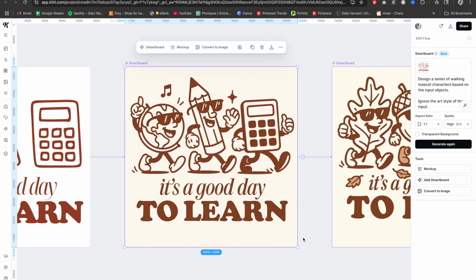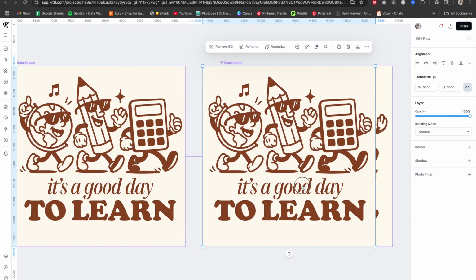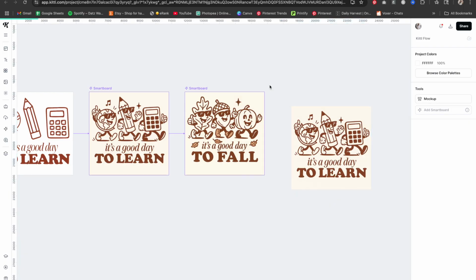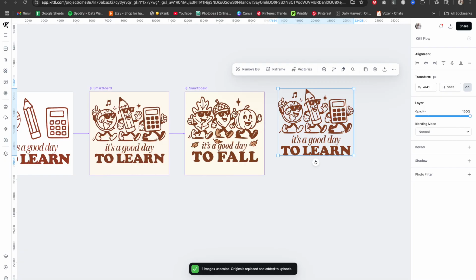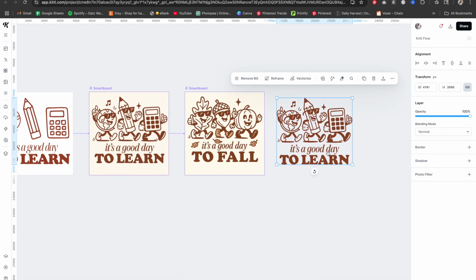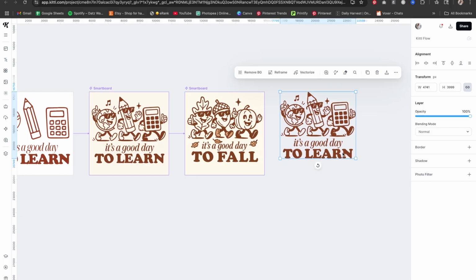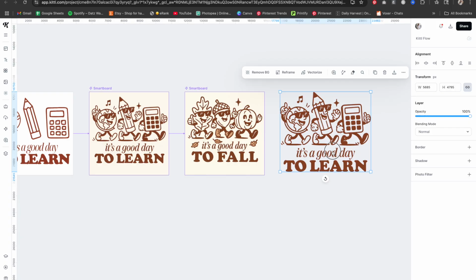So while we're waiting for that to generate, like I said before, when you're ready to make this a design you can work with on any garment, platform, whatever you want to do with it, go ahead and click convert to image. Once you've converted it to an image, select it and then click remove background. And also click upscale if you would like to upscale it. And just like that, my image is ready to be placed on my mock-ups. So now this is ready for whatever mock-up I'm ready to place it on. Like I said before, it could be mugs, t-shirts, composition books, notebook, anything of that sort, or maybe you're doing